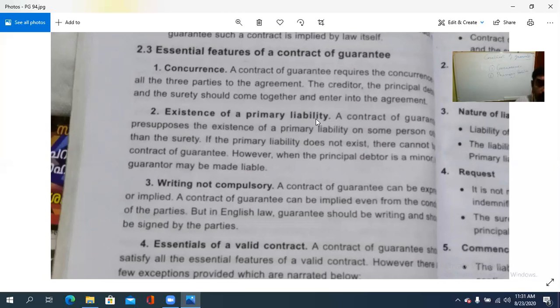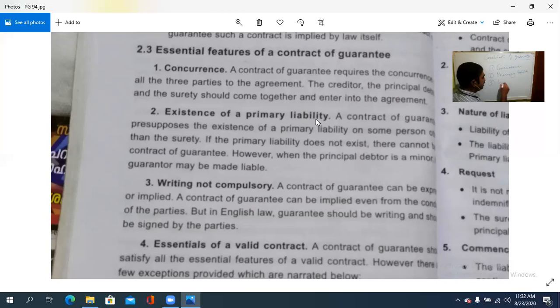So a contract of guarantee presupposes the existence of a primary liability on some person other than the surety. Surety അല്ലാതെ വേറൊരു വ്യക്തിക്ക് there should be some primary liability. Then if the primary liability does not exist, there cannot be a contract of guarantee. ഇല്ല എങ്കിൽ there cannot be any contract of guarantee. Then third is